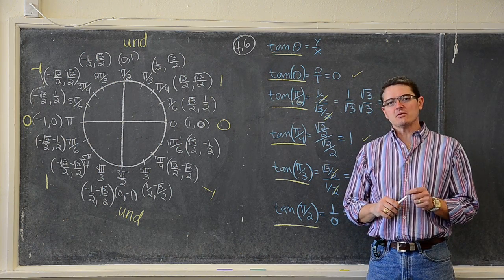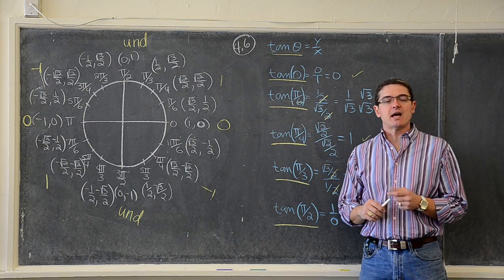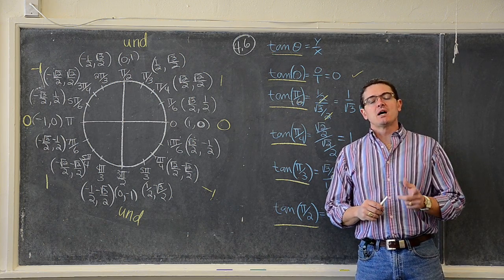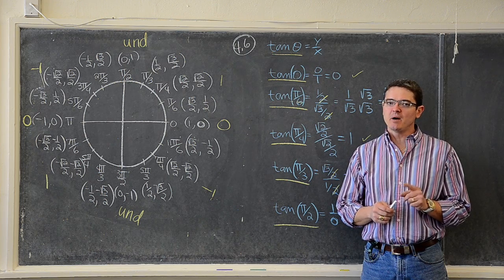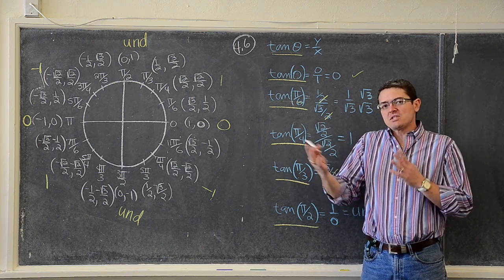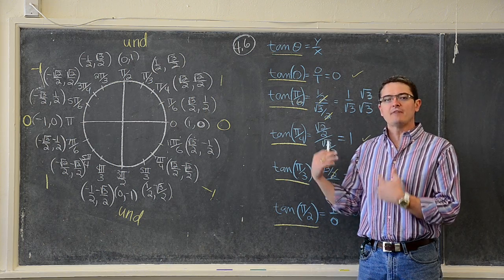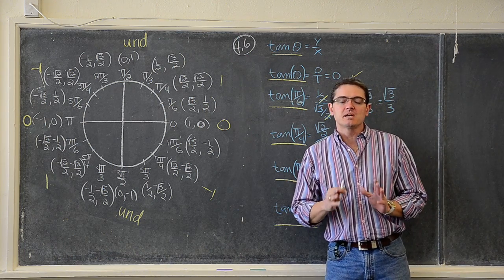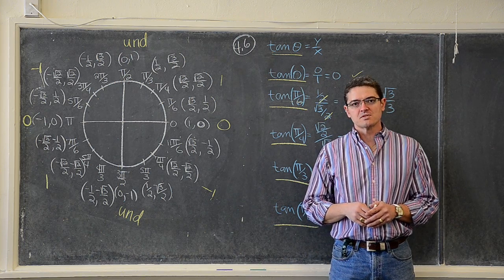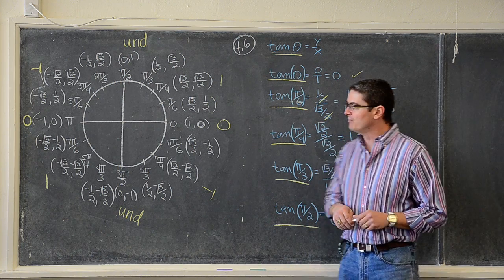If you, however, want to understand why tangent and cotangent have a period of pi, where sine, cosine, secant, and cosecant have a period of 2 pi, and you want to see the relationship between the unit circle and the values for tangent, then watch this video. We're going to set up just the basic tan and cotan graphs, and then do some examples in the next video.